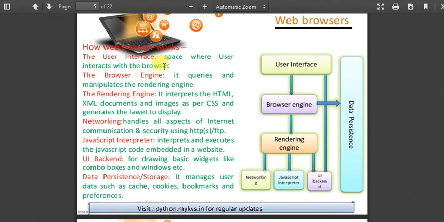Okay, the user interface, first of all, is the space where the user interacts with the browser. Then the browser engine queries and manipulates the rendering engine. Clear? So the data persistence has to be maintained all the time, otherwise the web page will not be displayed properly. The rendering engine interprets the HTML, XML documents and images as per CSS. CSS means cascading style sheets, and generates the